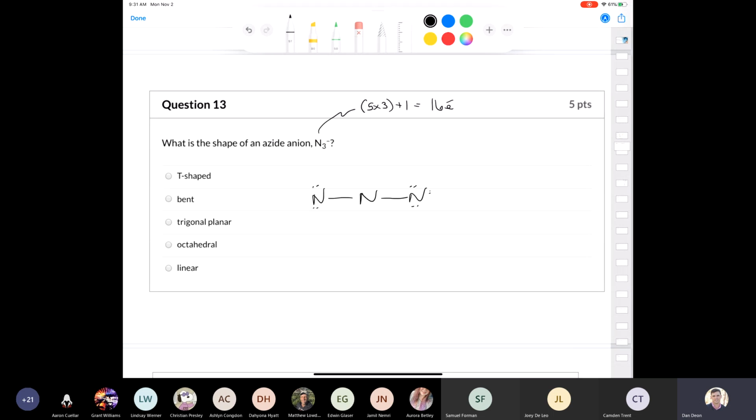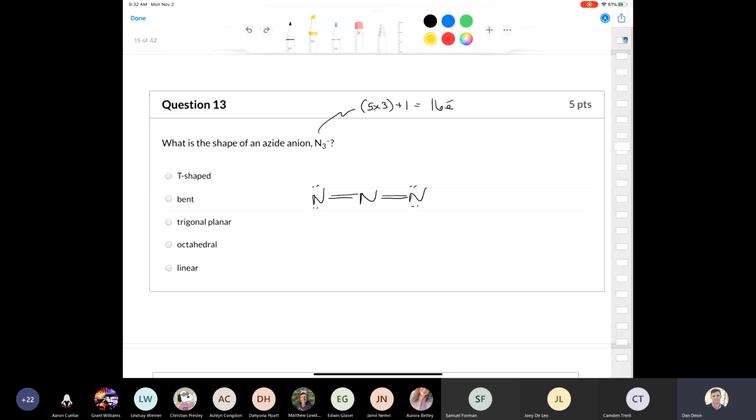So if I move one of the lone pairs there, now you can see the nitrogen is still electron deficient. It is only surrounded by 6 electrons. And so I'm going to remove another lone pair on the other side. And now if I look at it, my nitrogen in the center, the central nitrogen, is surrounded by 4 bonds. Each bond has 2 electrons, so that's 4 times 2 is a total of 8, so those have